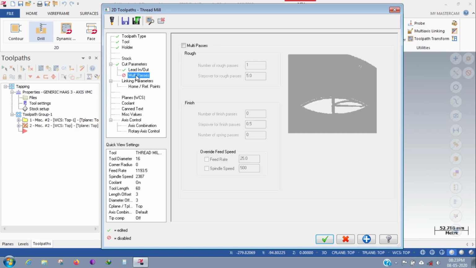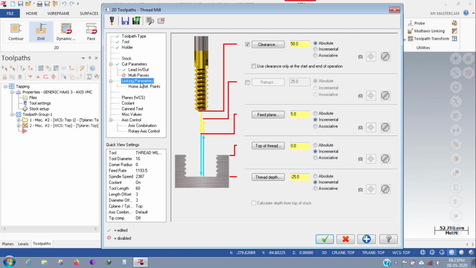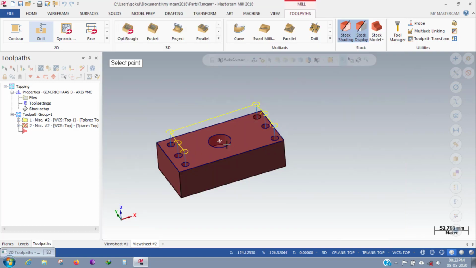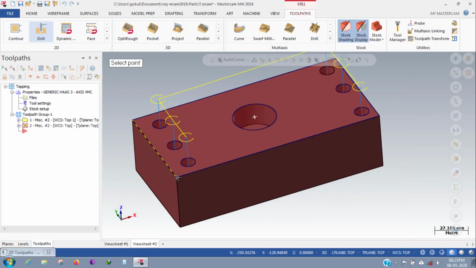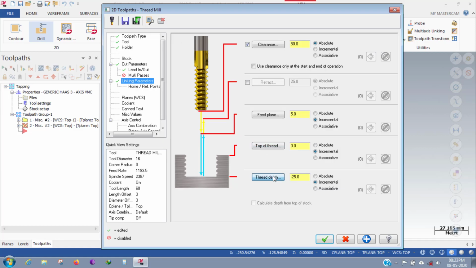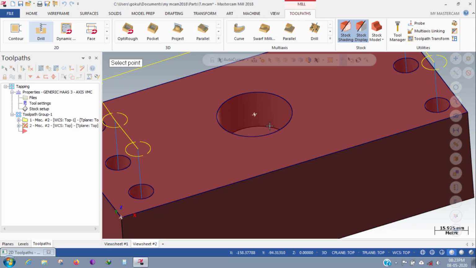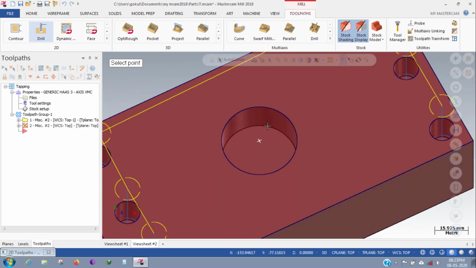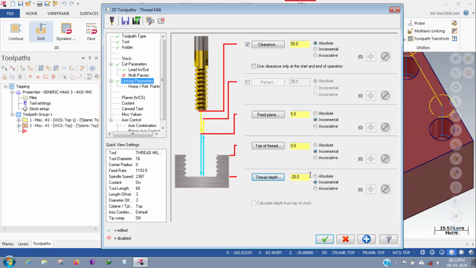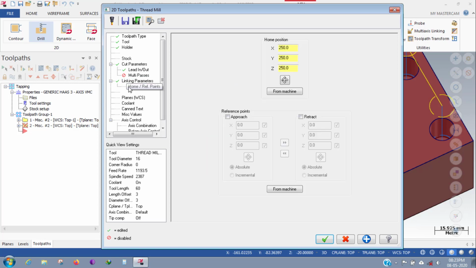For multi-pass and linking parameters, I'm giving the top of the stock as top, and the depth: it's 20 mm, so I require 18 mm, and 2 mm can be the clearance.